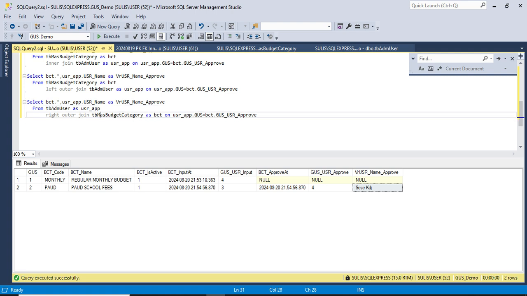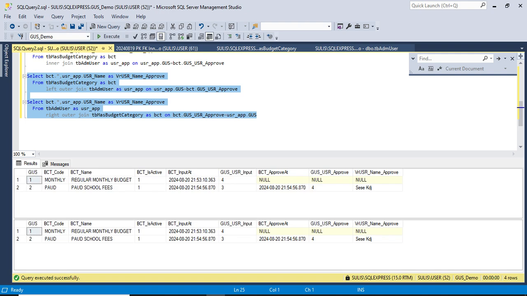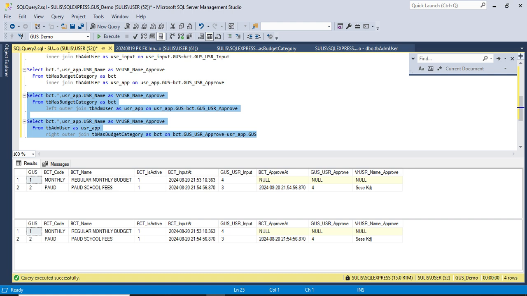Okay. Taram! The result is exactly the same. You see? This left outer join and right outer join result in the same data. Okay, I hope now you understand about left outer join and right outer join.